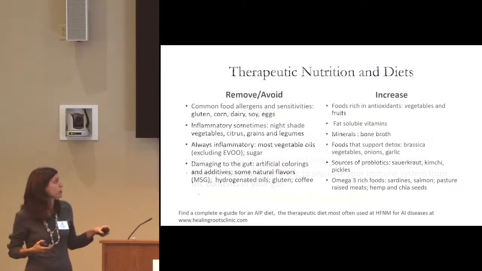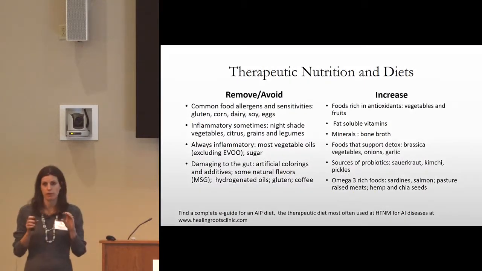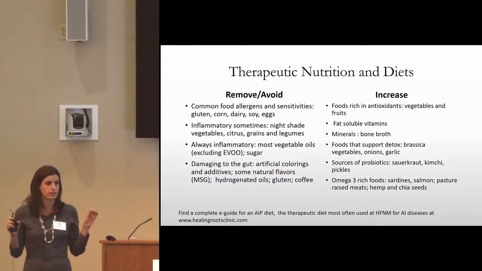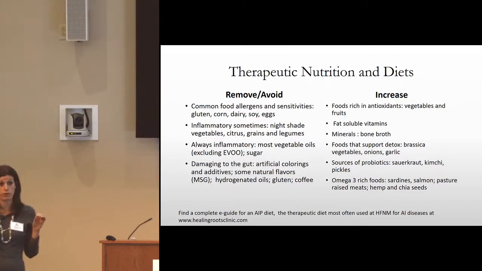Okay, so where to start with this? I always want to start with patients on that bottom level of the pyramid, so I'm going to start with what they're eating and how they're eating. And a therapeutic diet is incredibly important for autoimmune conditions and healing them. My goals with those diets are to remove sources of inflammation, and this could be things that are inflammatory to everybody or things that are inflammatory to just some people.